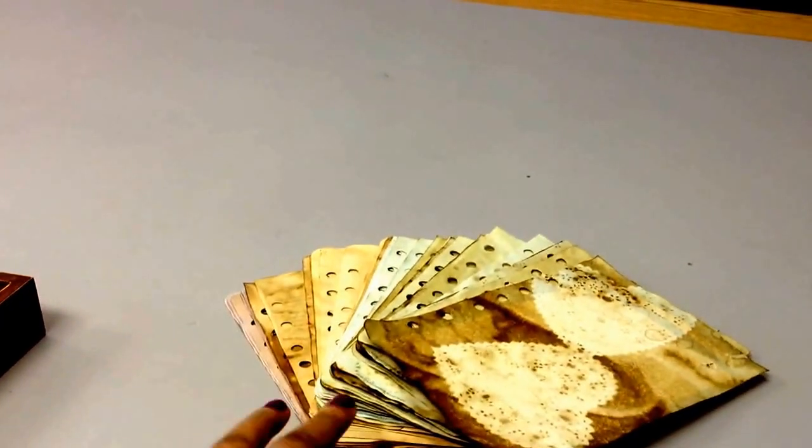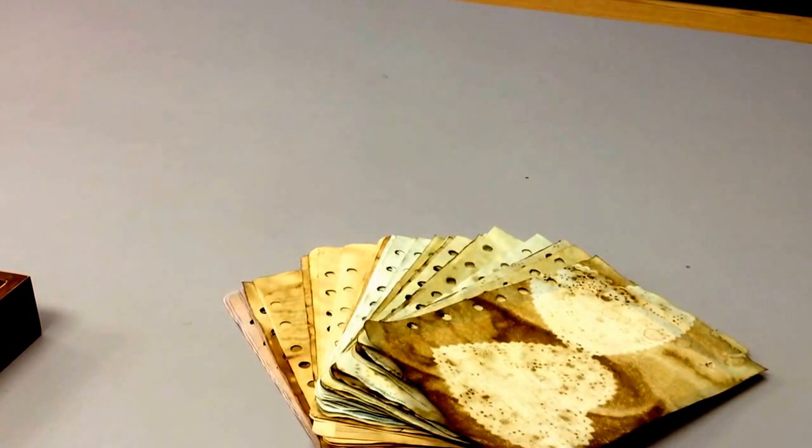So let's get started. Let me show you what I've been up to since this weekend. So first off, my heart of hearts is doing junk journals, and I found some old papers from daytimers, some note paper from my daytimer planner days, and I got to coffee dyeing paper this weekend. So here's those. I took out